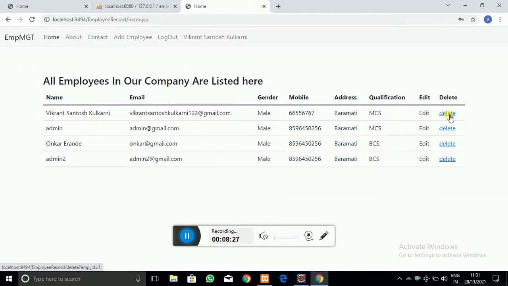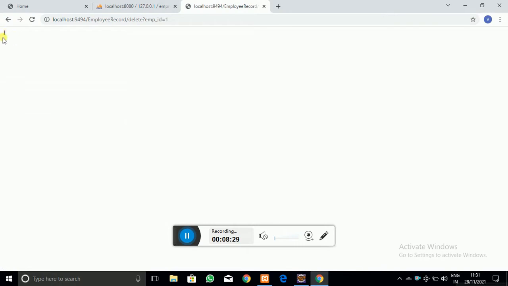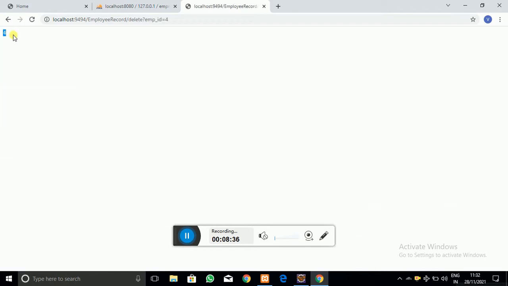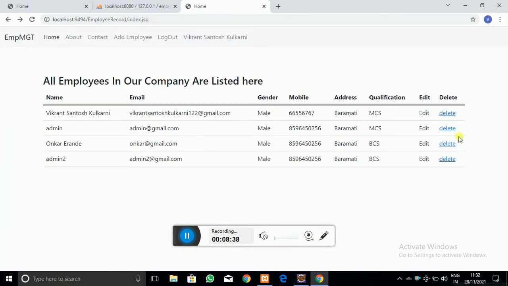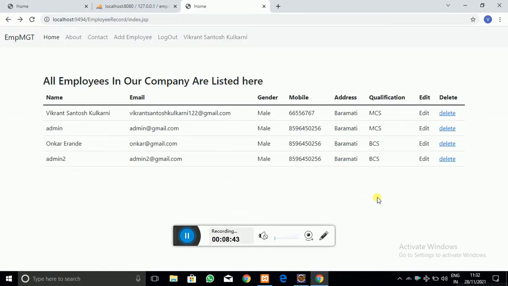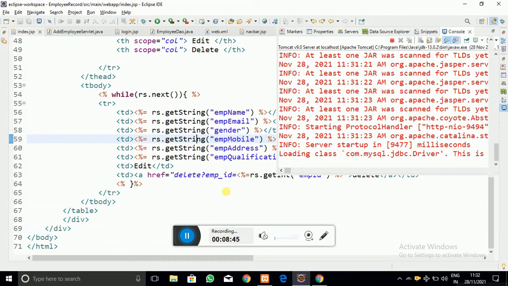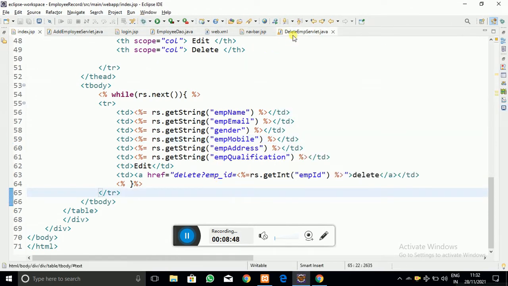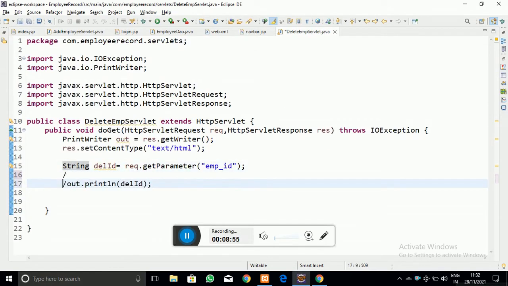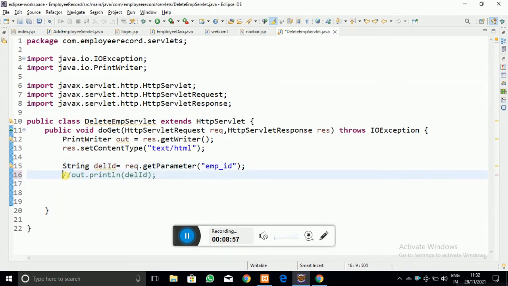Now when I click on the delete link, the employee id is printed, as we are calling that servlet and printing it. As you can see, the 3, which is the employee id. In this way we got the employee id, and I have to just pass that employee id to the method which we created to delete the data of the employee.